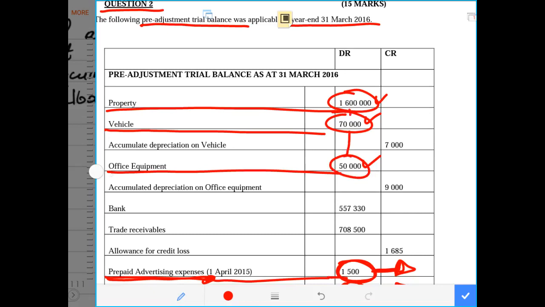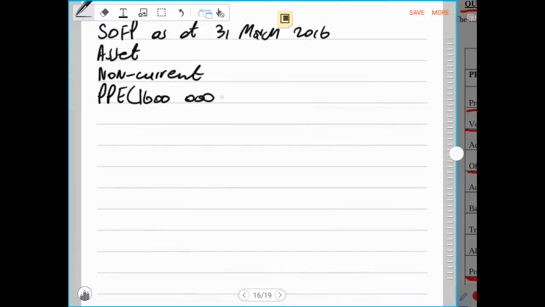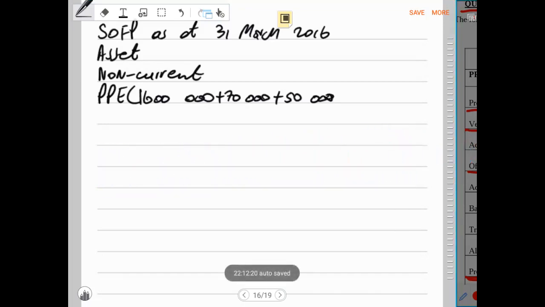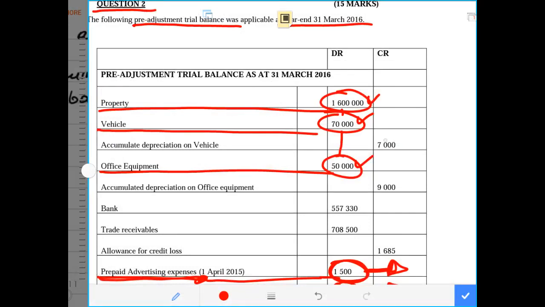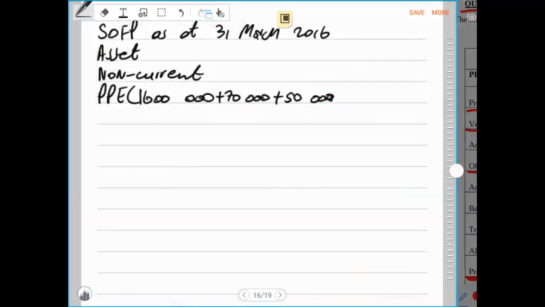So now it's all these three amounts. So now we add 70,000 for vehicles because this is an asset, and we add office equipment because this is also an asset of 50,000 rands. Then later on we'll have to record the total accumulated depreciation, which is 7,000 and 9,000, after we have added the depreciation for the current year. But these two will have to be added, which is 9,000. Then we have to add depreciation of the current year, and we subtract all of them in that property, plant and equipment line item. Then after, we go to current assets,